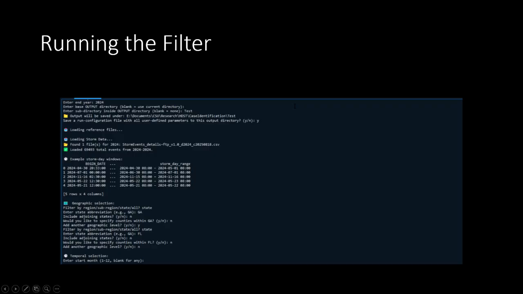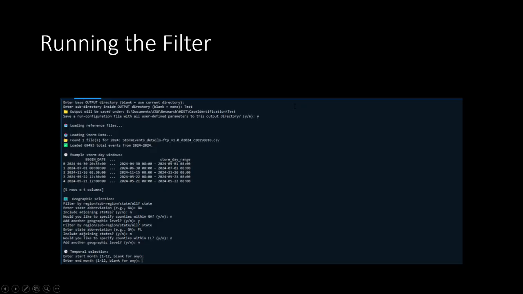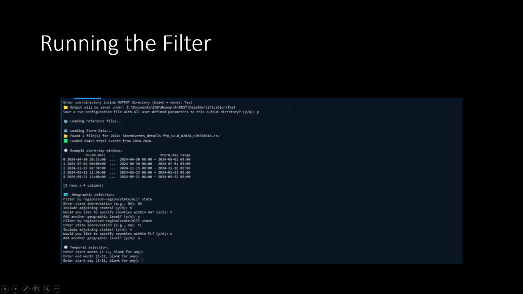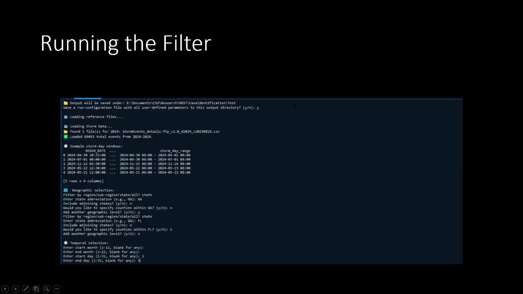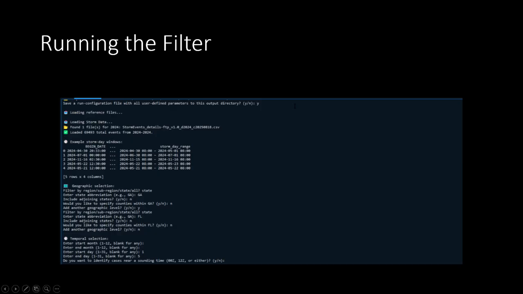Now we're going to specify the time window of our report, so we know we're looking at 2024. Let's look at the entire year, so I'm just going to leave this blank for any. My start month could be any month, and my end month could be any month. My start day, let's just look for the first 5 days of any month, right? So my start day is 1, my end day is 5. This will actually search the year 2024 every month from day 1 through 5,